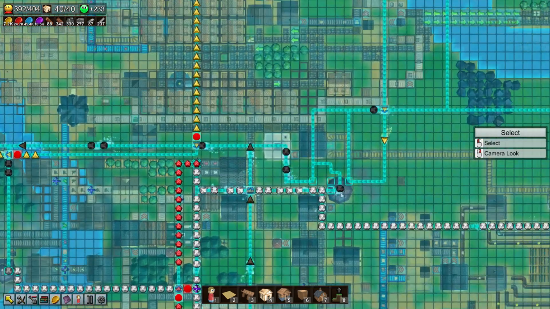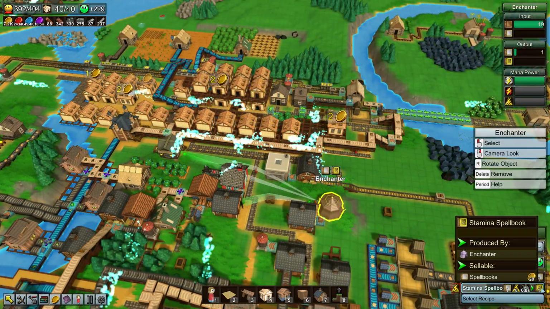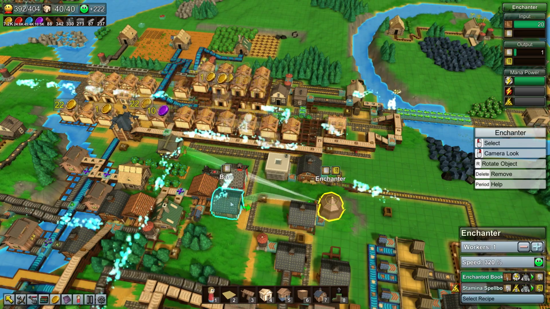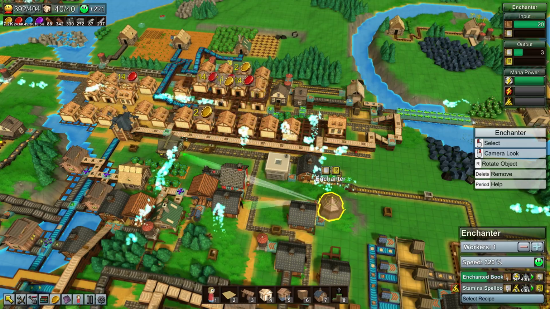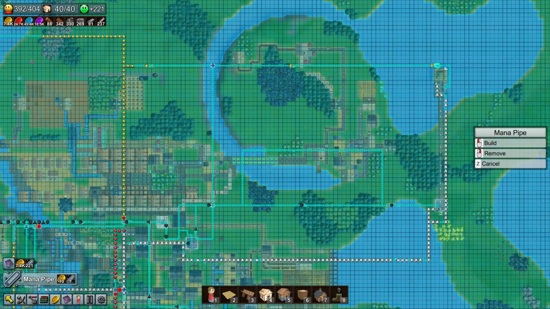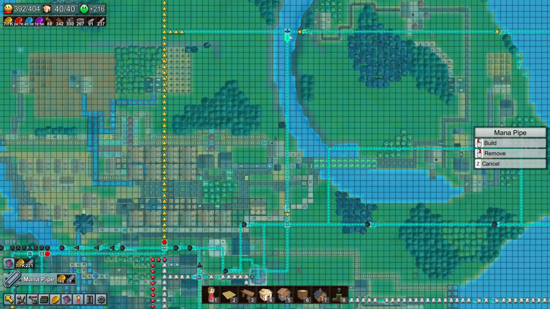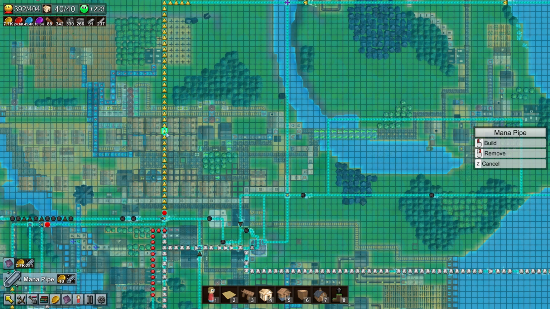Yeah, why have we got... We're not getting much... We've got stamina spellbooks. We're not getting much in the way of air power over here. Because the way that it's built, at the moment, it's only taking crystals from the shrine. Which I don't think is what we want to have happen. I think what we want to have happen is...